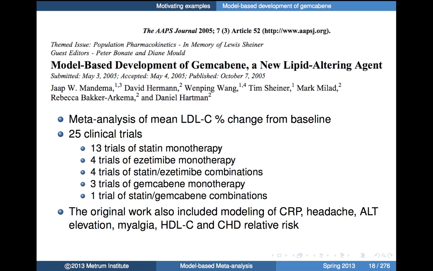13 of which were just looking at statin monotherapy. Then there were 4 trials of ezetimibe monotherapy, some trials looking at combinations of statin and ezetimibe. Let's see, 3 trials of just gemcabene monotherapy, and then finally a trial that looked at statin gemcabene combinations in here. I guess the one comment here is when gemcabene's